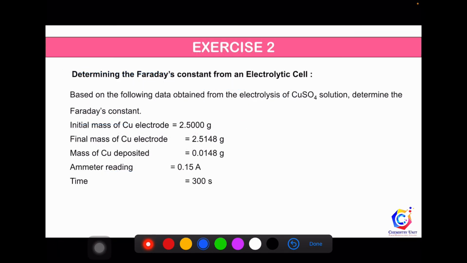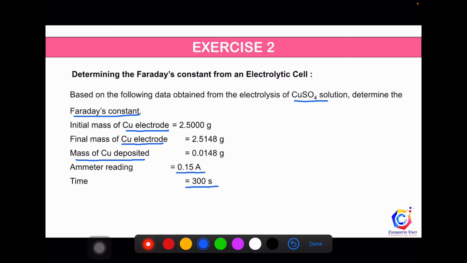Now let's move on to exercise 2. Determine the Faraday's constant from an electrolytic cell. Based on the following data obtained from the electrolysis of copper sulfate solution, you are required to determine the Faraday's constant. Initial mass of copper electrode and the final mass of copper electrode is given, as well as the mass of copper deposited. The current flowing through the system is given from the ammeter reading, as well as the time